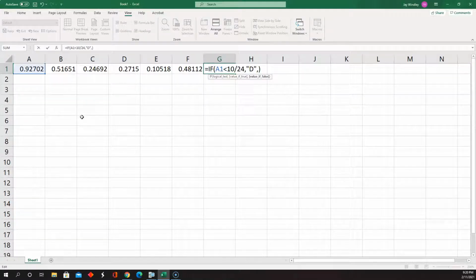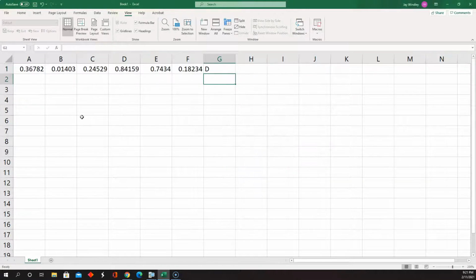Otherwise, if it's not less than 10 over 24, but it's less than 18 over 24, then, let me put another if here. If it's less than 18 over 24, then we will say swing shift. And if that fails, then we will say graveyard. End that like that. I got one too many parentheses, but